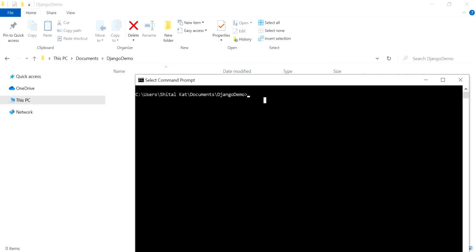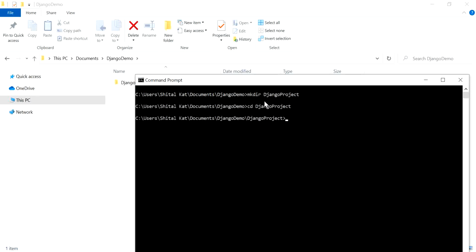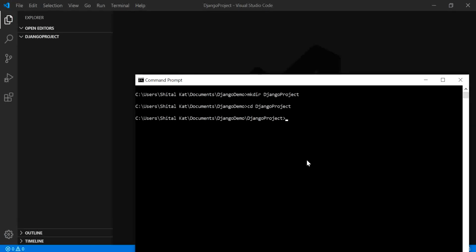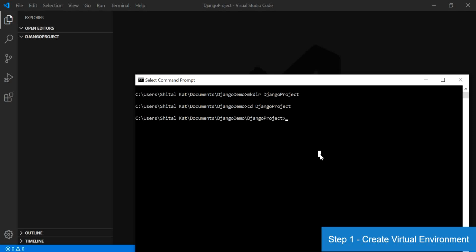So let's begin now. I am using the command prompt from here, creating a folder for our project and opening the same folder in Visual Studio Code. First things first, we will create a virtual environment for our project, which will keep our project isolated from the